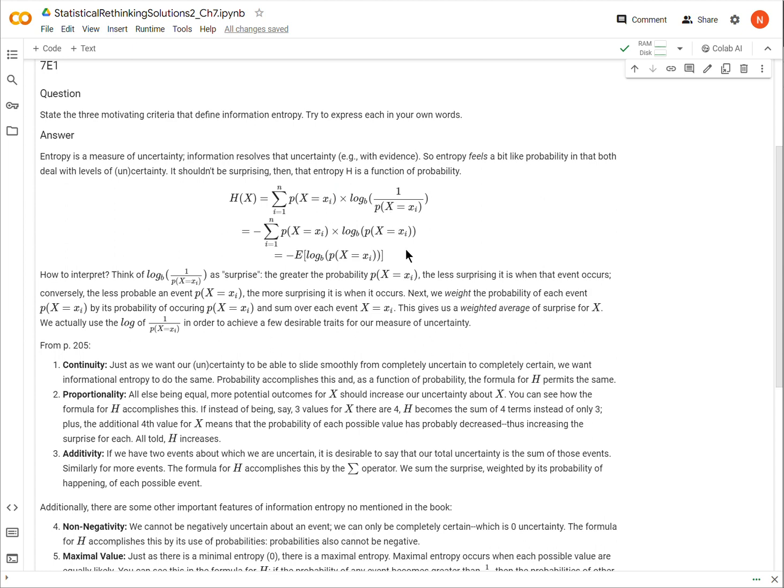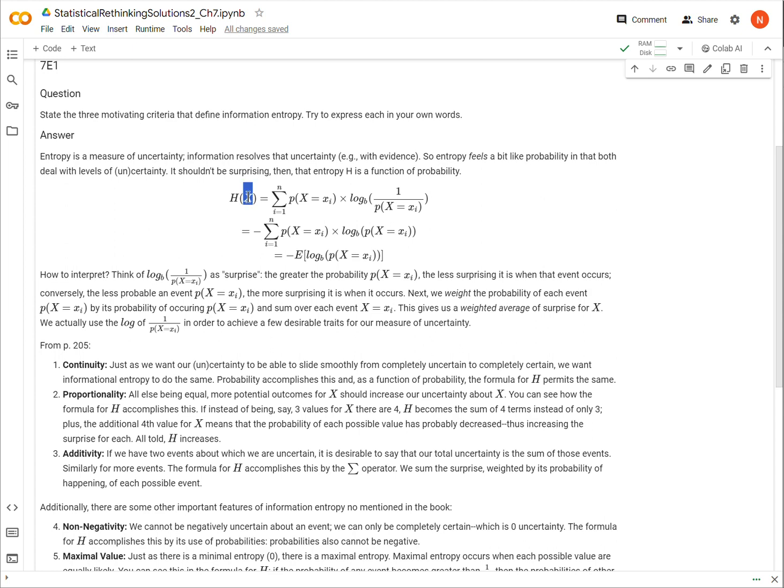Okay, so there's this kind of teeter-totter effect that's taking place. The more surprised we are, it is because it happens less often, right? And so this term right here is weighting our surprise. And so then we should ask, over all values of x, how surprised are we on average? Well, to do that, we just simply sum up these weighted surprises. Okay, and that's all we're doing.